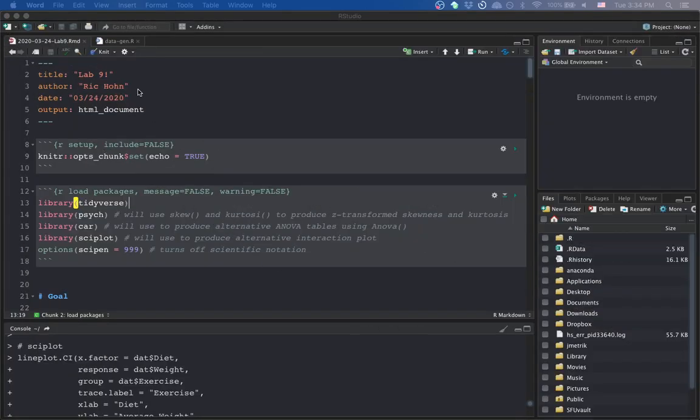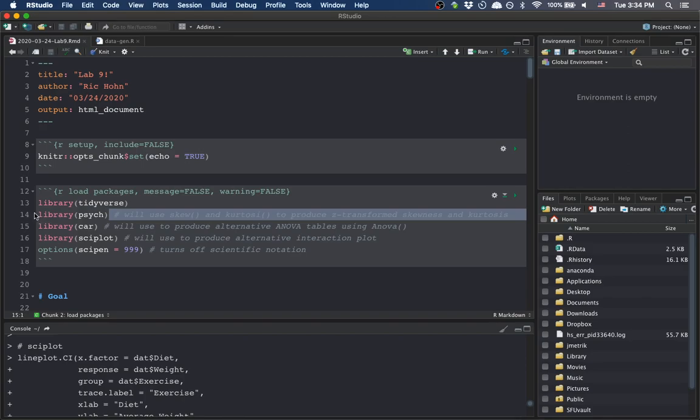So you should open up the lab script here, and you'll notice that I have a number of packages already put in here. You might have to actually install a few of these. I'm leaning towards thinking we've not used the PSYC package before in our labs, and we've definitely not used PSYplot before. The PSYC package we're going to use because it has these two functions, skew and kurtosi, not kurtosis, but kurtosi,